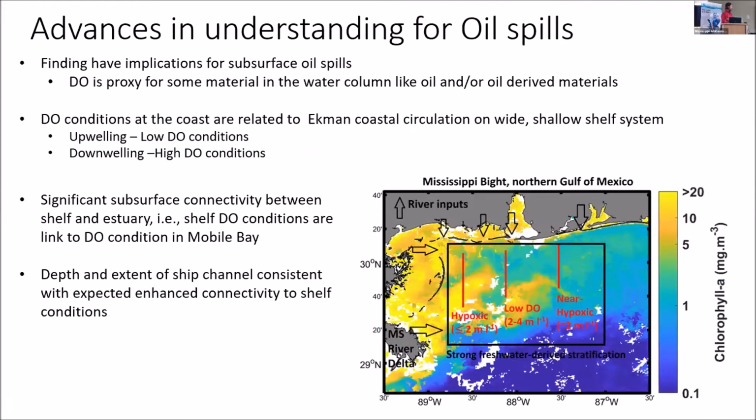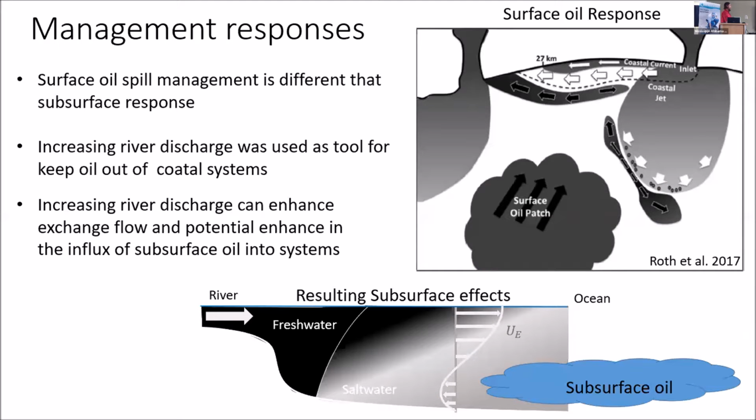So what does this mean for oil spills? DO can be thought of as a proxy for oil, right? It's just something that we were tracking that is in the water column that could get into an estuary through subsurface plumes. So something like the Deepwater Horizon, where you had subsurface oil on the shelf, you need to think about how that estuarine circulation is going to be impacting the estuary, right? So some classic pictures,